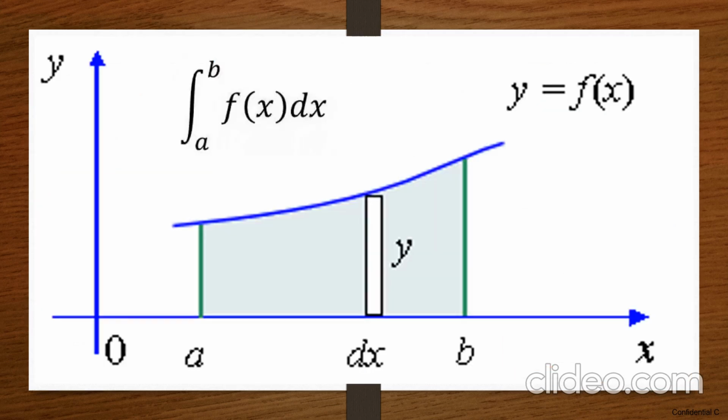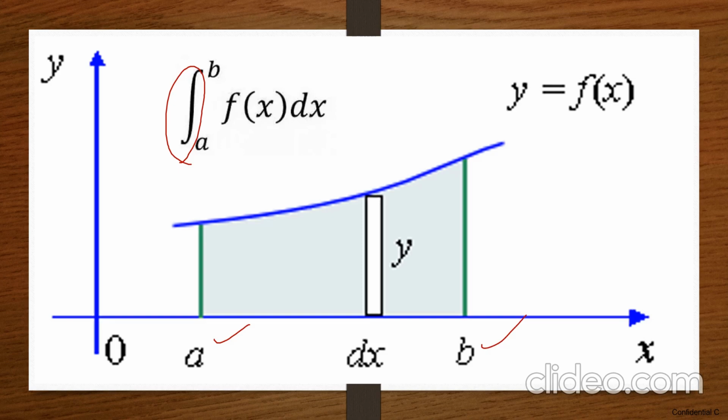When you have a curve like this, bounded by the boundaries A and B as the end points, you need to find the overall area. There is no other way; you are going to use the integral, this symbol, which represents the elongated summation. Elongated summation means it is a continuous process of summing up all the areas of the rectangles so that you can have the area of the region.